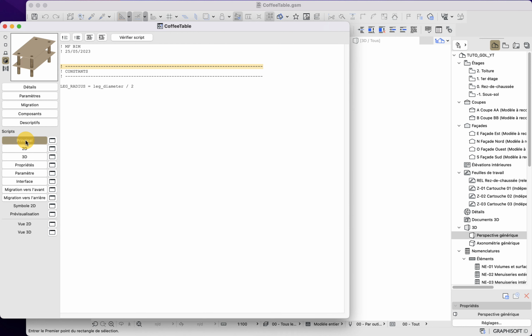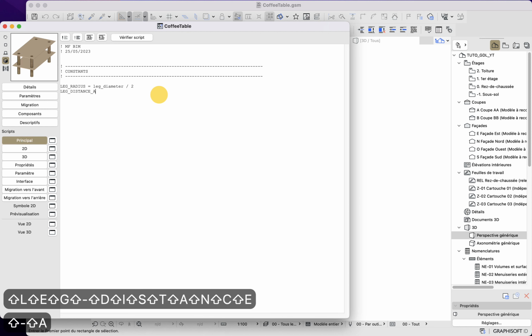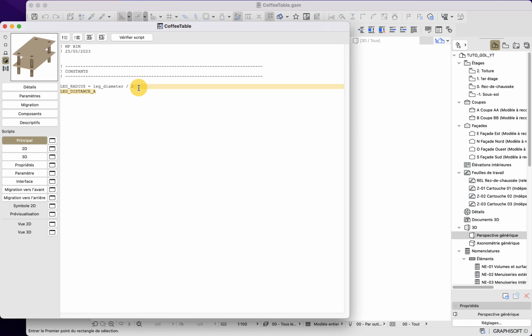Let me go into my main script, and now we will create a new variable called leg distance A, and another one that we will call leg distance B. The first one will be equal to A minus leg distance, and the second one will be equal to B minus leg distance.